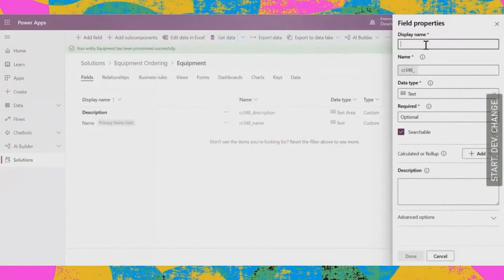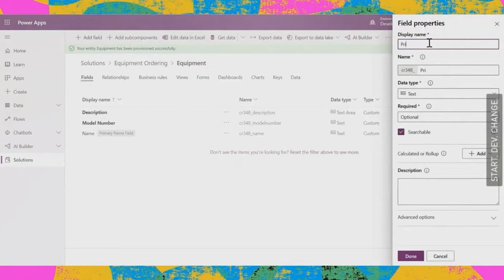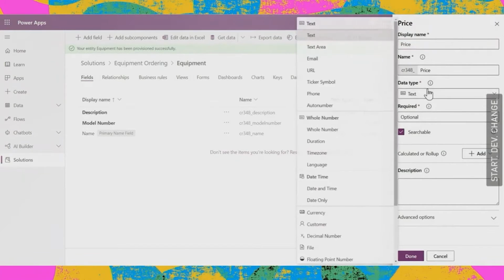I repeat this same thing over and over again for all of the different types of fields that I want to create. I might have a model number. Now, I'm going to leave this as a text field because it's not behaving as a number from a database point of view. It's not adding up or subtracting. It's just a reference number, which is still a text type of data field. So I'm going to make that one mandatory. We have to have the model number there every time. Next up, I'm going to add a price, which is a special type of field called currency. It'll show a dollar sign.